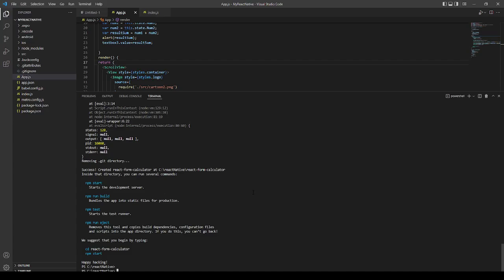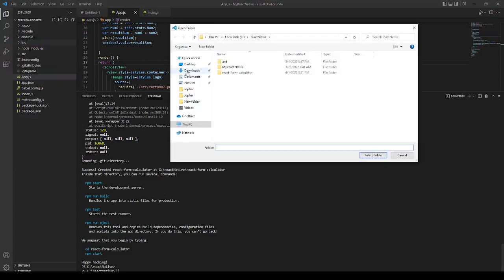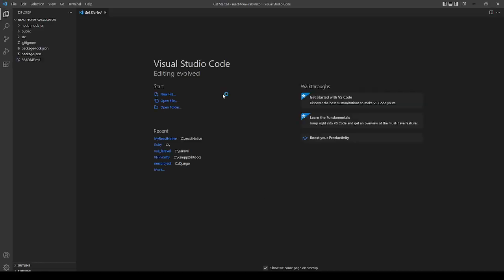So next, let's try to open that one. Open folder. Okay. Then